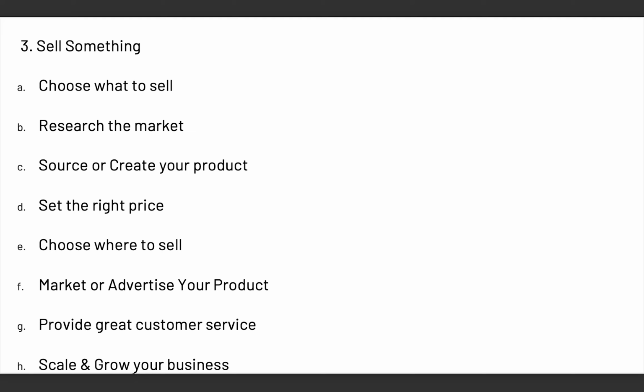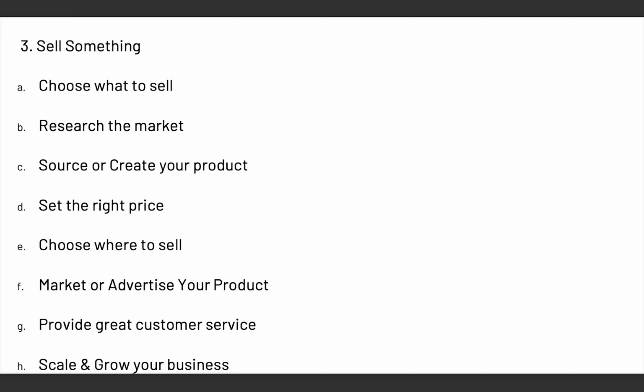And how can you market and advertise your product? There are different ways. The first way is through social media ads. That is, you can do ads on platforms like YouTube, Instagram, TikTok, and so on. And when people see your ad, they'll be able to know that, oh, this product exists. And if they're interested, they will buy your product. The second way to market your product is through influencer marketing. This means that you pay influencers to promote your product online. So you pay them to promote your product, and when they promote your product, their audience will come to you and buy your product.